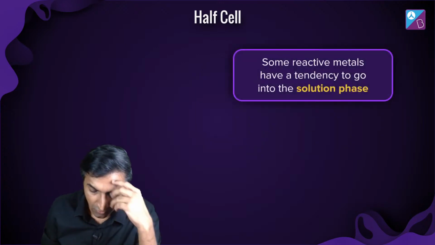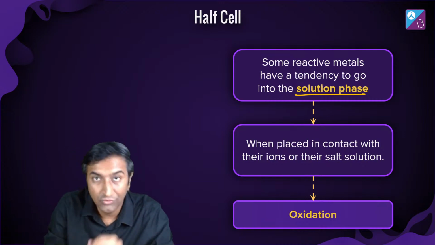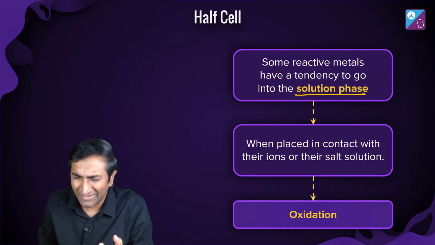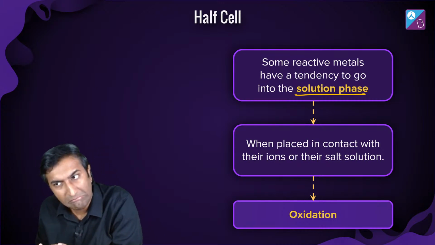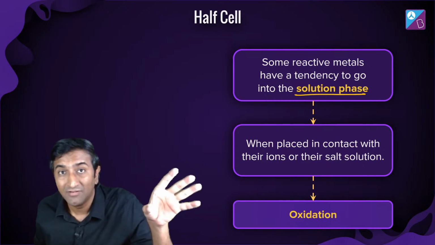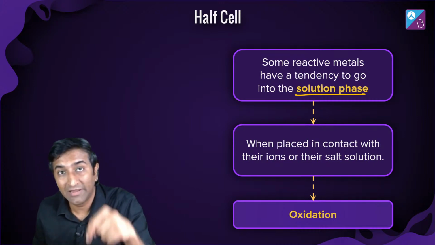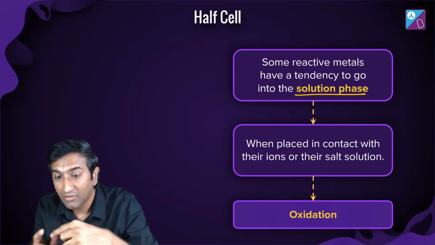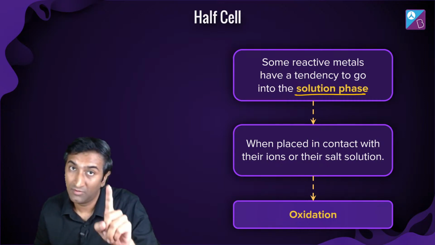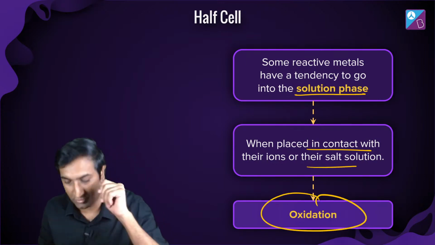ठीक है, so it will have a tendency to go into solution. Go into solution मतलब डिसॉल्व तो नहीं होगा. जिंक मेटल डालोगे पानी में थोड़ा डिसॉल्व होगा, बट जिंक जब ZnSO4 में डालोगे, it'll have a tendency to form Zn2+ ions. That's weird, no? So it's not dissolving. Yeah, it's very, very different. ऐसा नहीं कि मैंने मेटल को पानी में डाला और वो डिसॉल्व हो जाए. That's not what's happening. I'm putting water and some salt, उसी का salt, ZnSO4. Then there's a tendency for more Zn2+ to form. That tendency is what we are talking about. ठीक है? If that tendency exists, oxidation बोलते हैं.